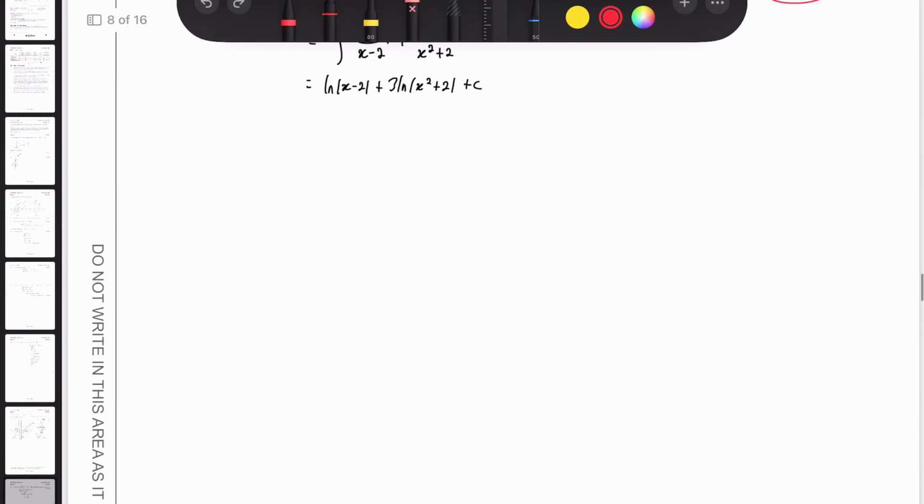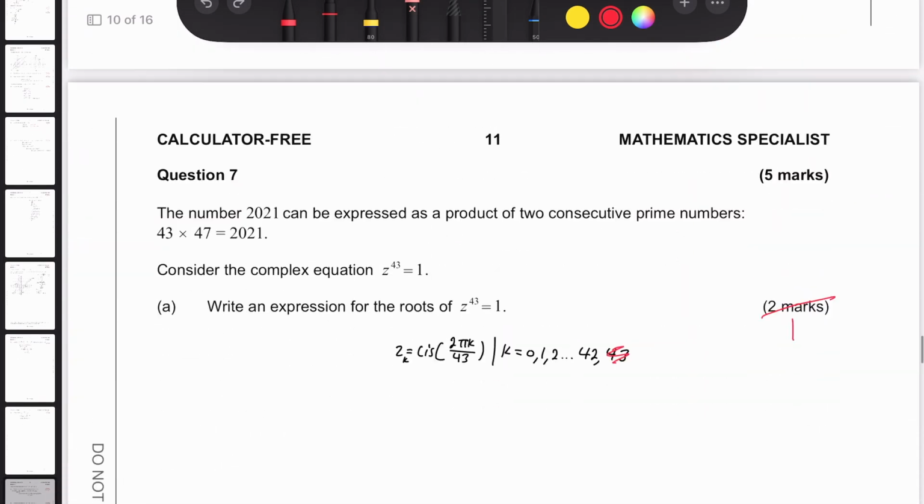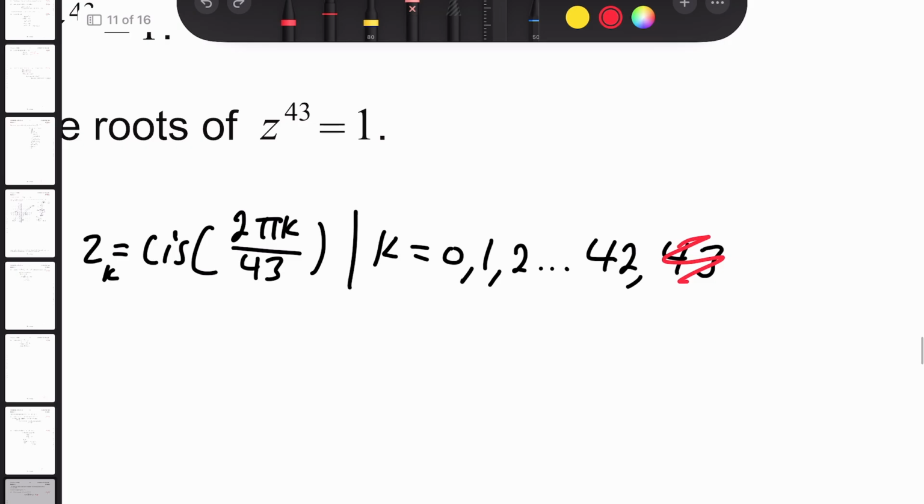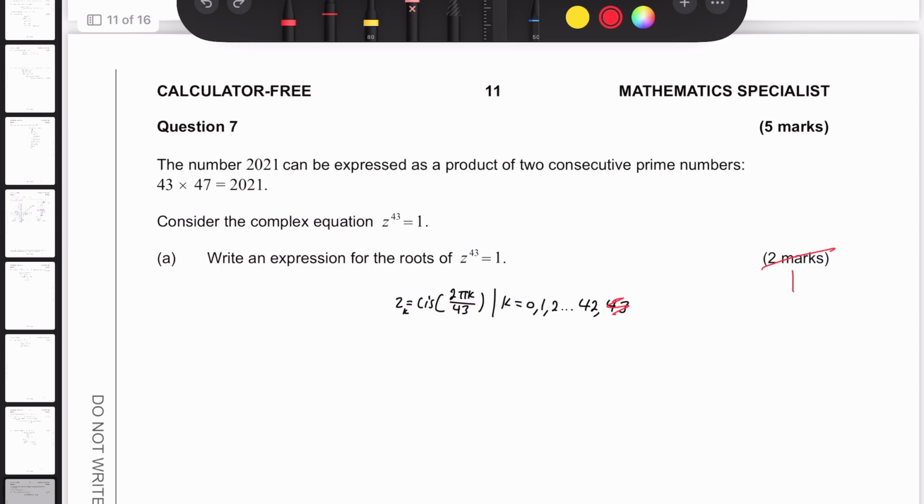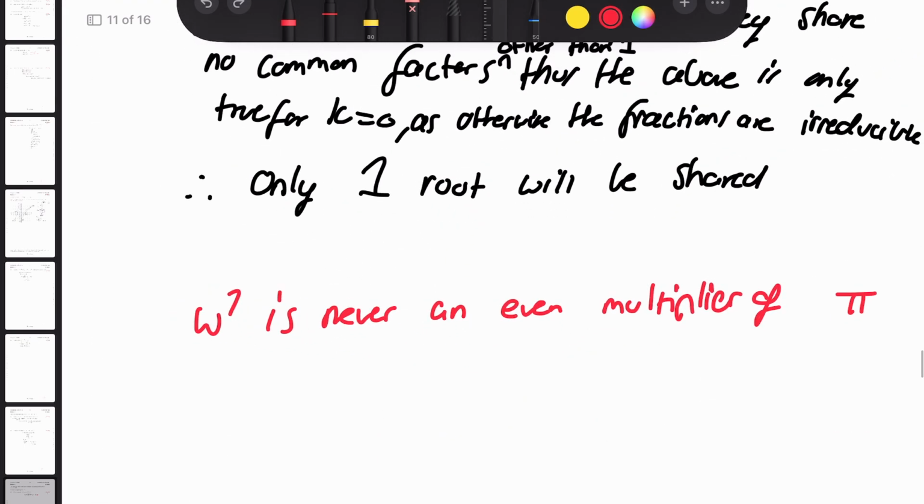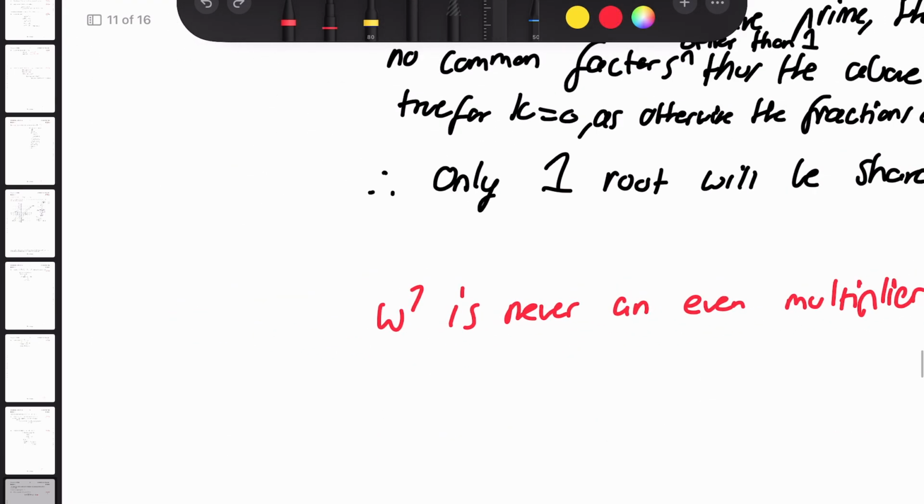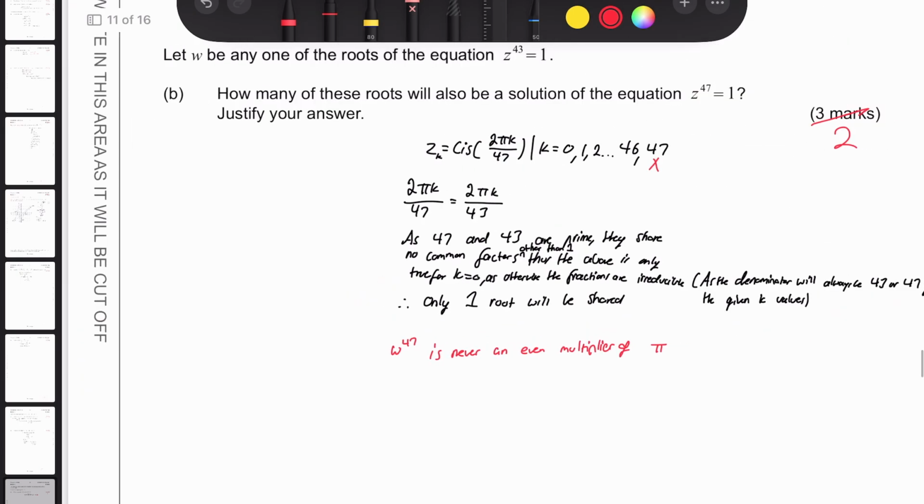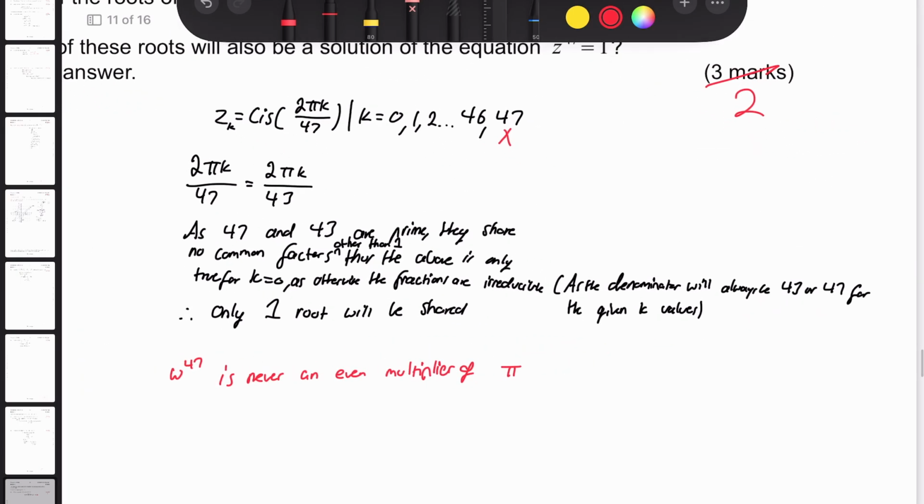Graph was alright. So that's 2 marks gone. We lost 1 mark here because you didn't... 43 isn't actually in there because it's n minus 1, because one of them is 0. So I lost 1 mark there, and I lost 1 mark here just for my explanation, because it would be w to the power 47 is never an even multiplier of pi, so hence the root is not the